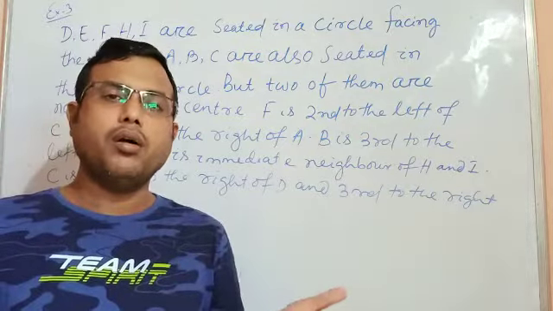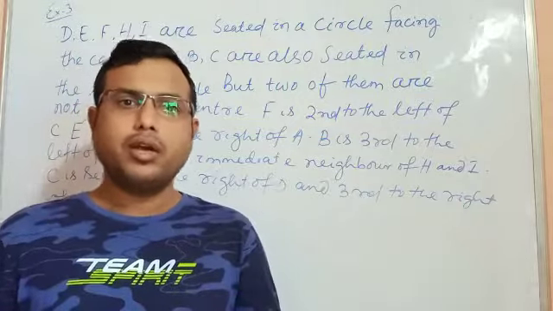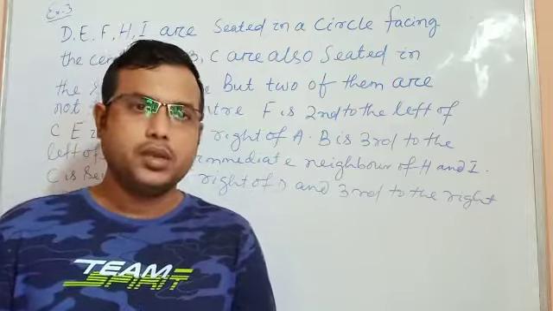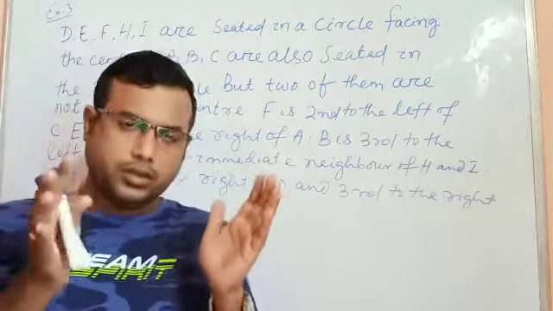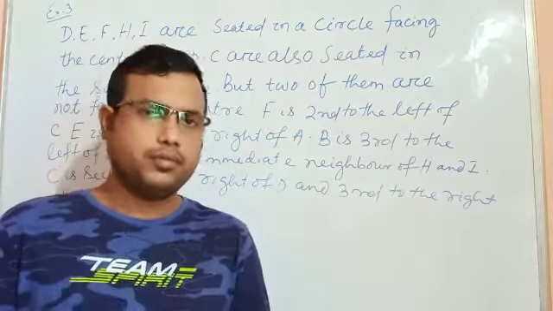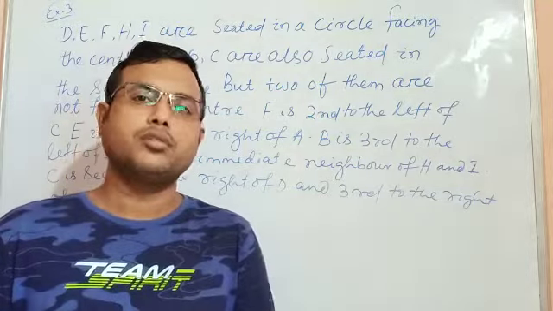And you are also well acquainted with the outside case. That means when all members are facing outside the center, in that case you also know which is the left and right side of the person depending upon the facing direction. But today we will discuss just another example, which is about the inward and outward type. That means some members are facing toward the center, some members are not facing toward the center.